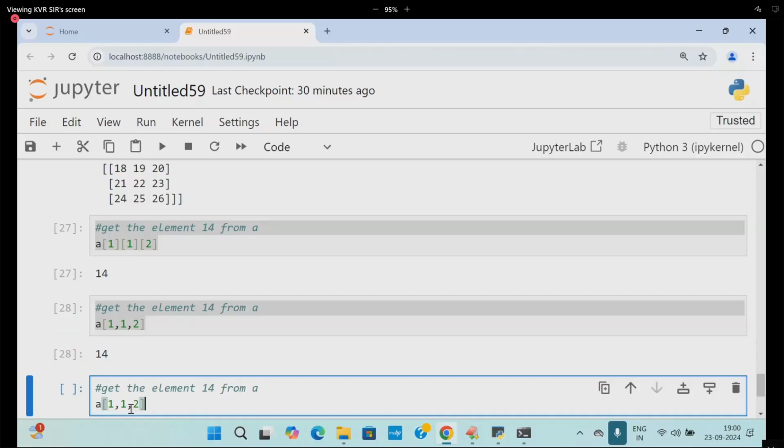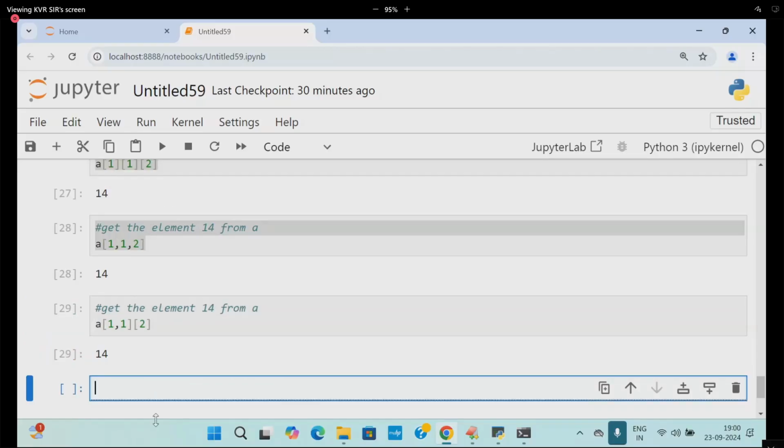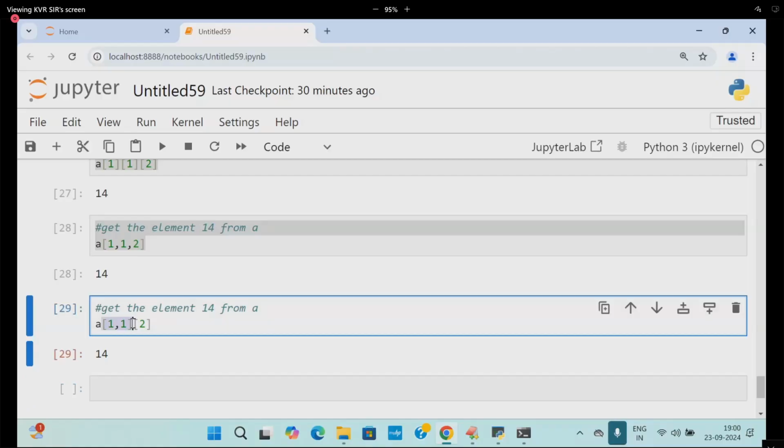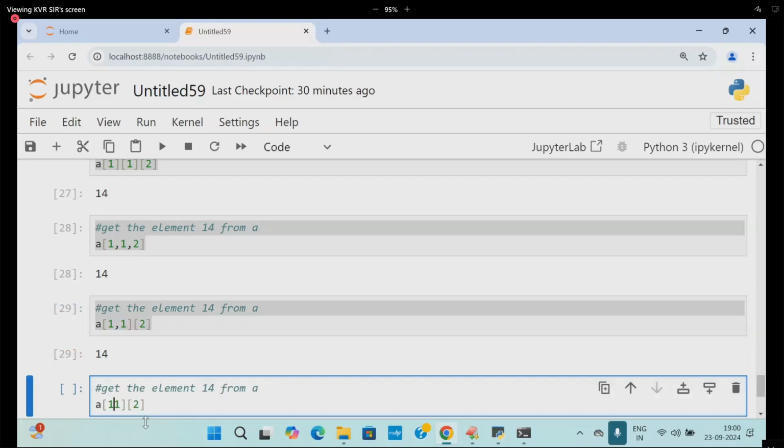Are you following me? One more way. Here I am writing it with commas, and here the brackets; take care about the bracket. This is also one more way. See how many ways there are.